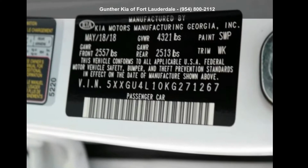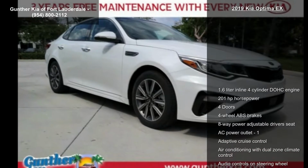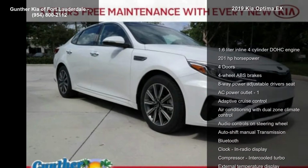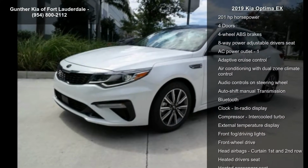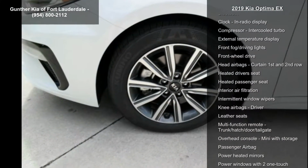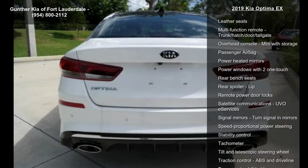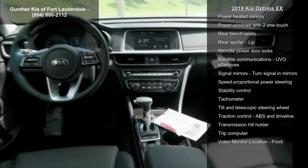Step into the Kia 2019 Optima EX. This may be the set of wheels you've been looking for. This vehicle's top features include a 1.6-liter inline four-cylinder DOHC engine, 201 horsepower, 4 doors, 4-wheel ABS brakes, 8-way power adjustable